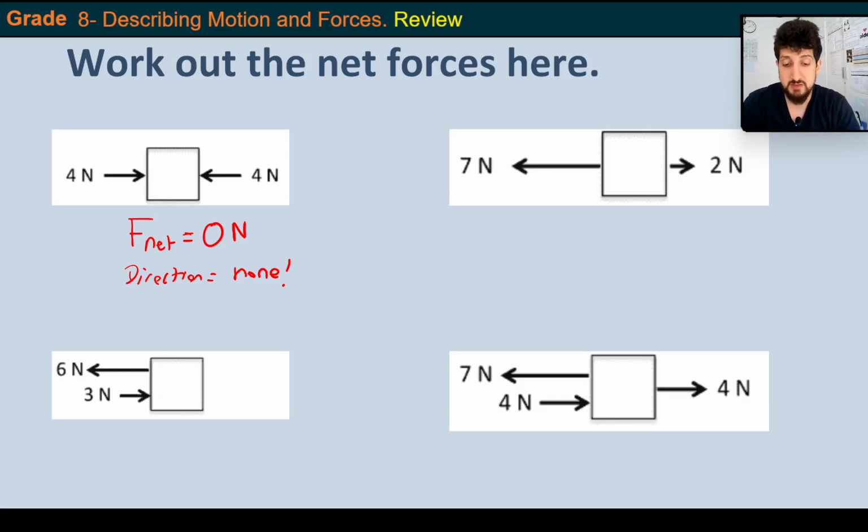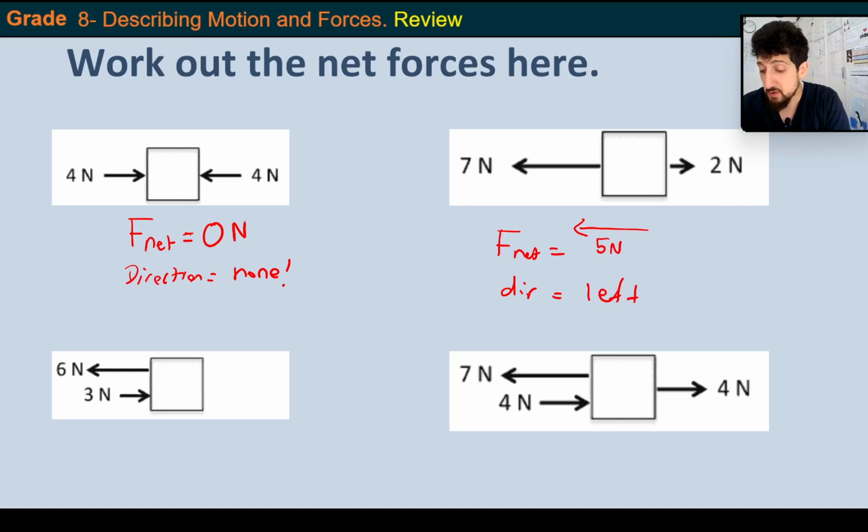What about over here? We've got 7 newtons to the left and 2 newtons to the right. So overall, it's going to be 7 minus 2, which is going to be 5 newtons to the left. Okay, so the net force, F net, is equal to 5 newtons. Direction is equal to the left. What about over here? We've got 6 newtons to the left and 3 newtons to the right. So overall, it's going to be 3 newtons to the left. So the F net, the net force, is going to be 3 newtons. And the direction is